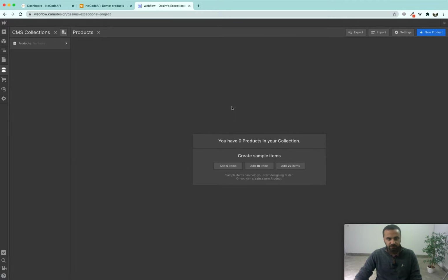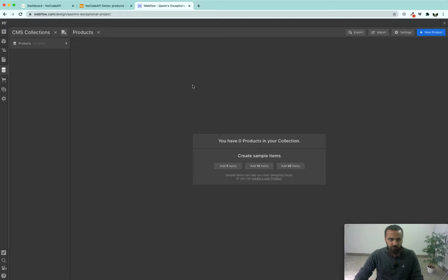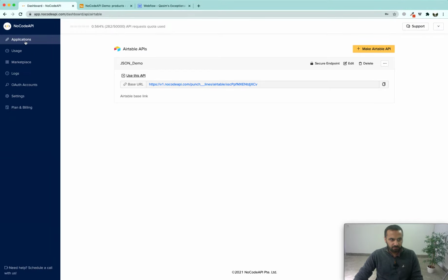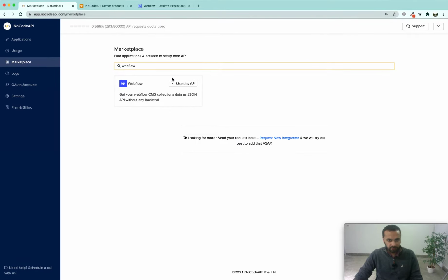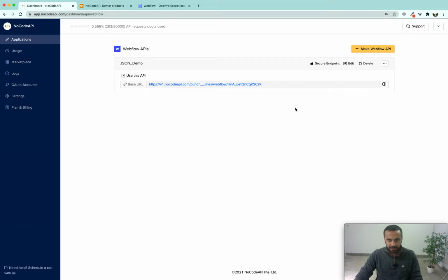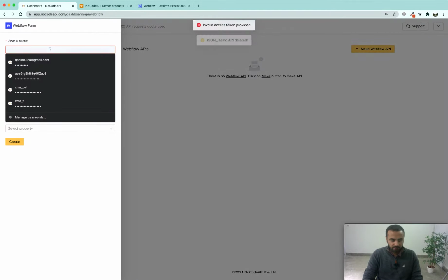Click create collection. Here we can see we do not have any data yet, so we are going to import these 5 or 6 fields from Airtable and push them to Webflow. For that, we have to create our Webflow endpoint. You can find the Webflow endpoint in the marketplace, and here we are going to delete our previous URL. Click make Webflow API, give it a name,